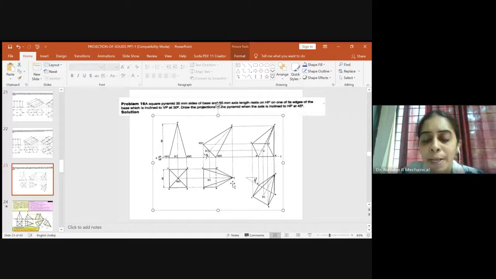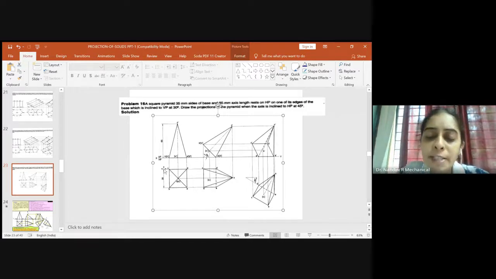And always a pyramid will have only one surface at the base. In the case of a prism, we used to have the bottom surface and the top surface. Now that will not be there. Only one bottom surface, and all will be bounded by triangular surfaces, connected at the top by an apex, right? So this is our apex.